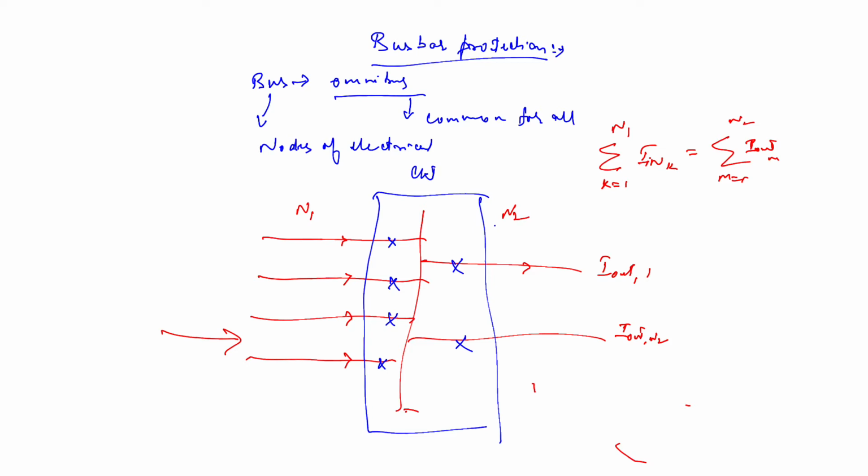However, it may be noted that under normal power flow conditions, the sum of the incoming currents equals the sum of the outgoing currents. You can see from this diagram that there is a large concentration of short circuit capacity at the bus bar, because we have a large amount of incoming and outgoing current. So the short circuit capacity at the bus bar is very high in this case.